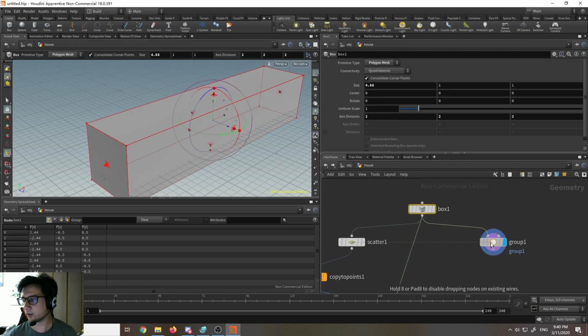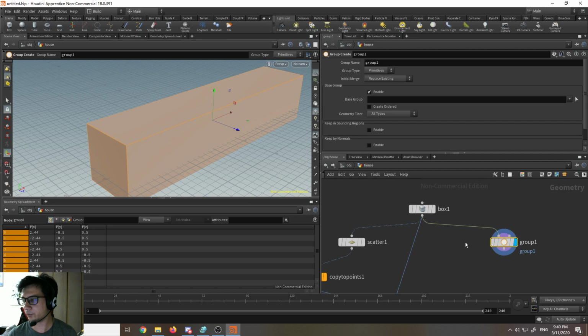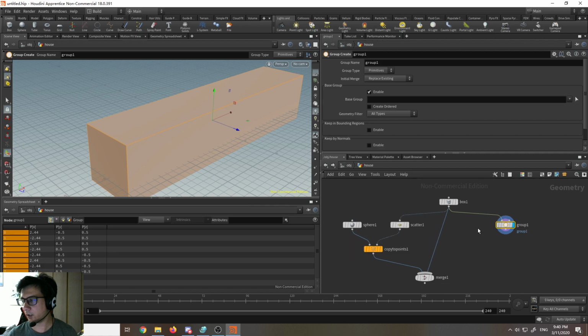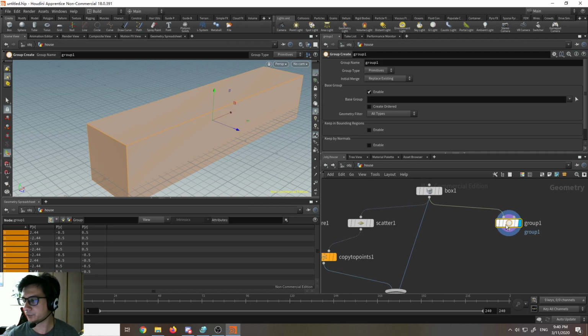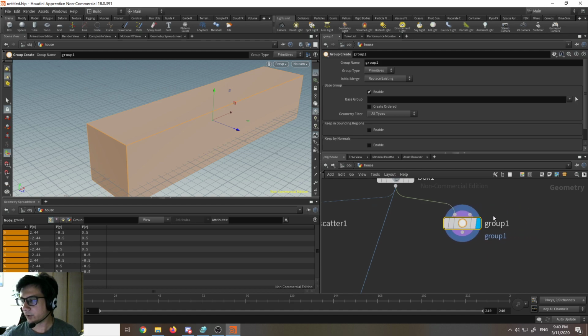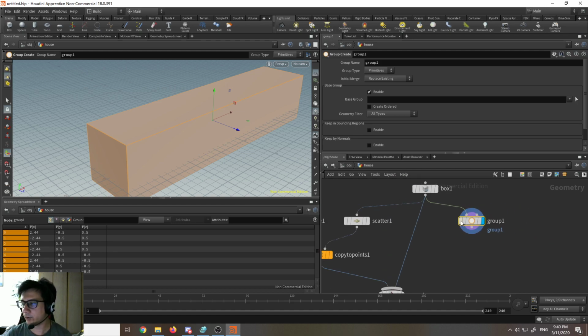So for the group to be seen too, it has to be connected to the bottom node, right? To the merge. Yes. Okay. All right. I'm getting it. So what we're gonna do is